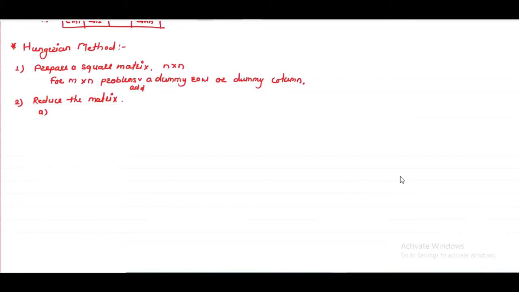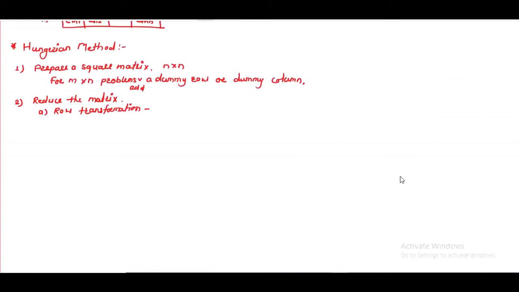So reduce the matrix. In that, the first is row transformation. So what is meant by a row transformation operation?